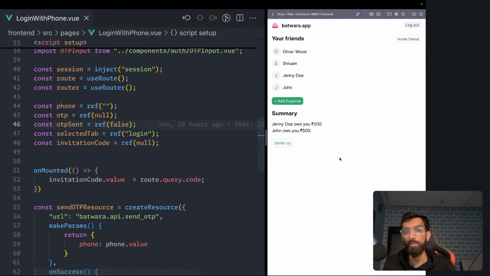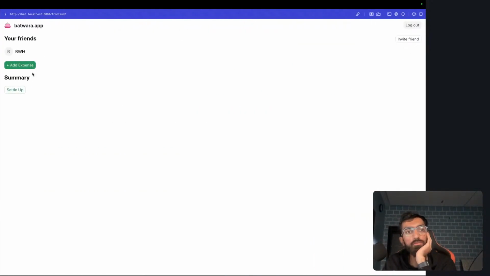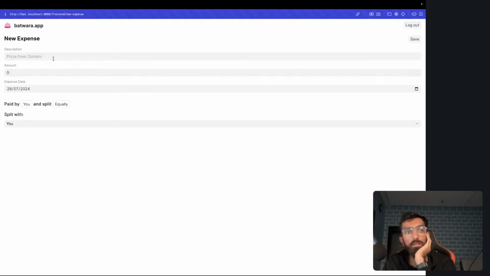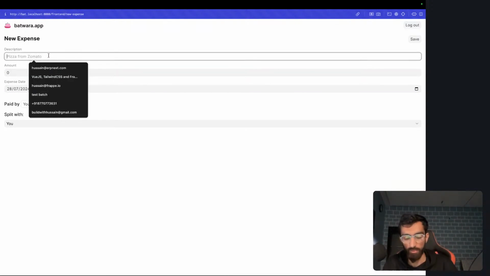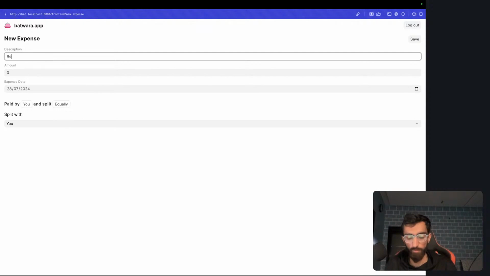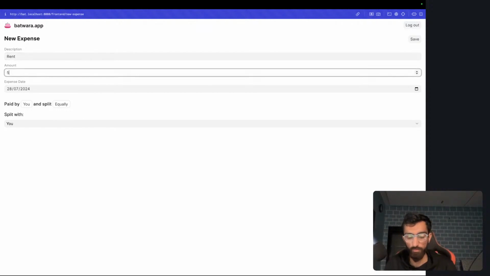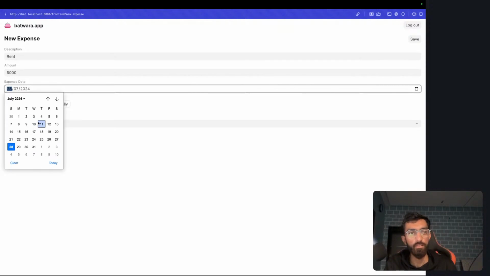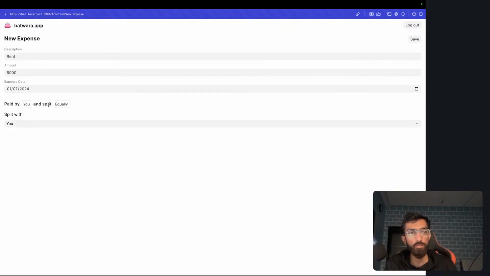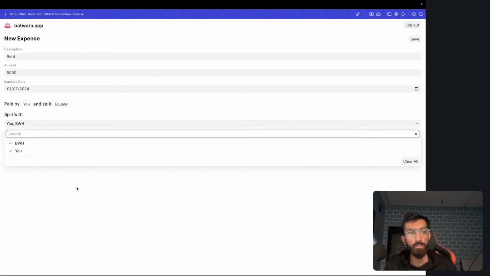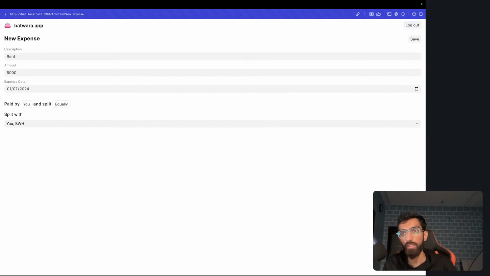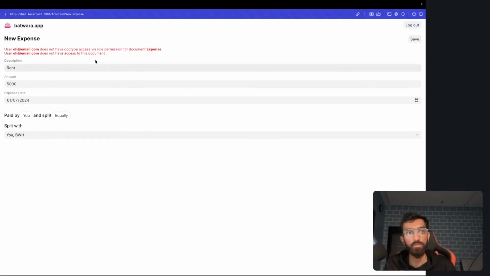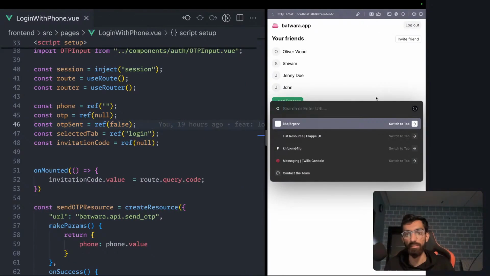Okay. So this works. So now he can come here, add an expense. Maybe he paid for rent, right? 5,000. He paid 1st of July. Split between Oliver and you. So let's hit save. Does not have access, let's give them access, because